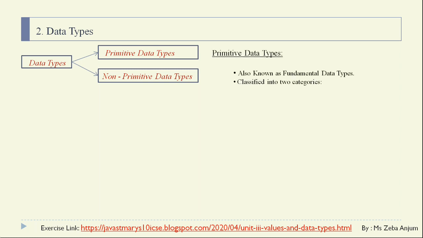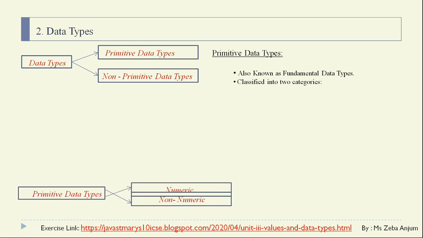See, the primitive data types are also known as the fundamental data types. They are again classified into two categories, which we are going to see further. But for the sake of understanding, these fundamental data types are the very simplest ones. It means, let us say you have an integer variable. For an integer variable, you cannot break down this integer into some smaller category. That is what fundamental data types means.